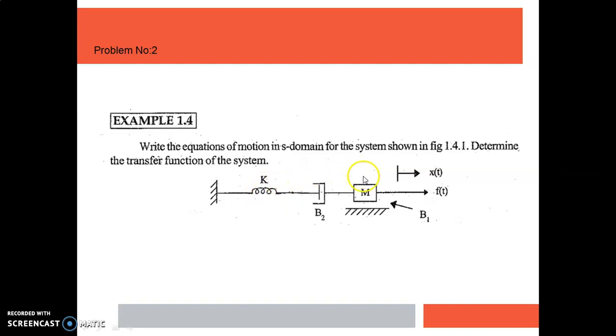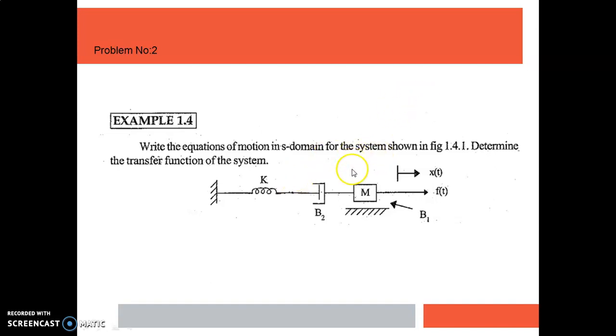So when you look at the mechanical system, you can see that there is a given mass element indicated by M, but there will be a node, a meeting point between these two elements K and B2. There is no mass body there. So how will you do the first step? That means you have to identify the nodes in the mechanical system. So now can you tell me how many nodes are there?